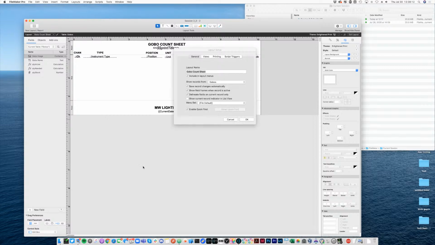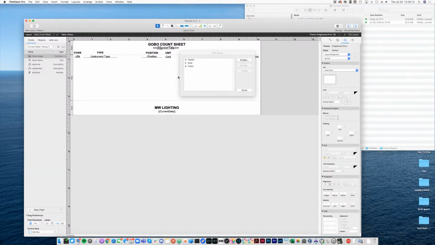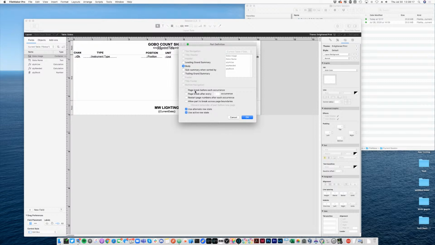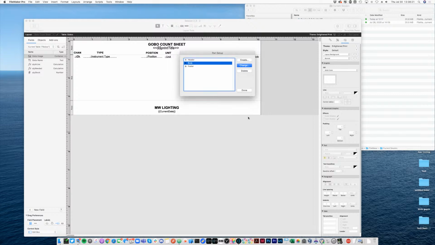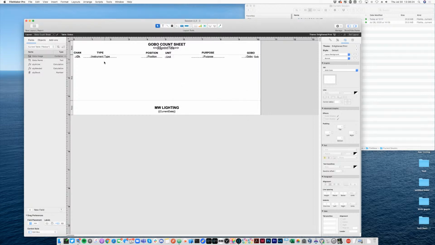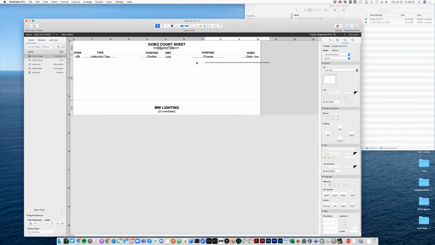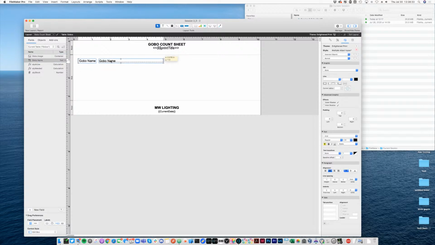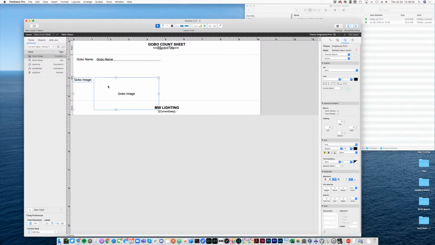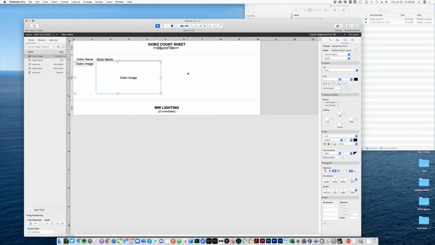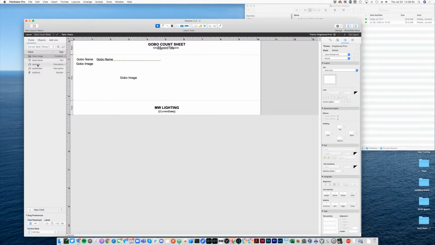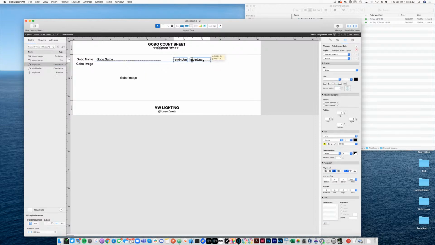So under layouts, under part setup, under my body, I'm going to say a page break before each occurrence of the body. We don't need active and alternate for this because it's going to be individual pages. Let me just delete these and start over. I'm going to drag my gobo name field in, then my gobo image field, and we'll say quantity in use, quantity needed,